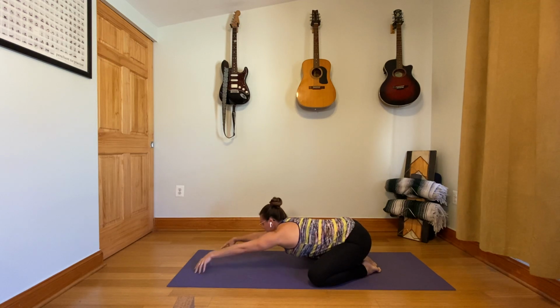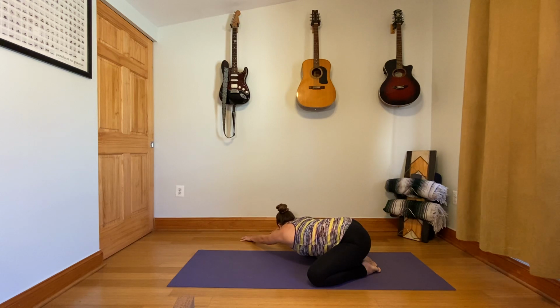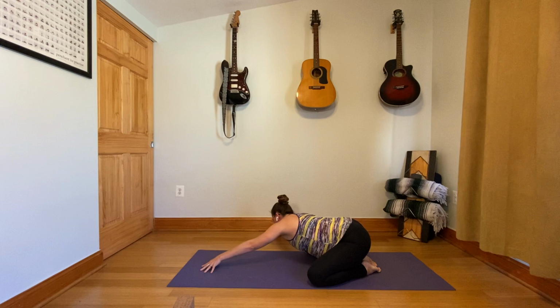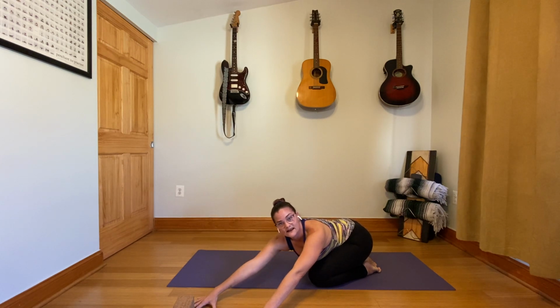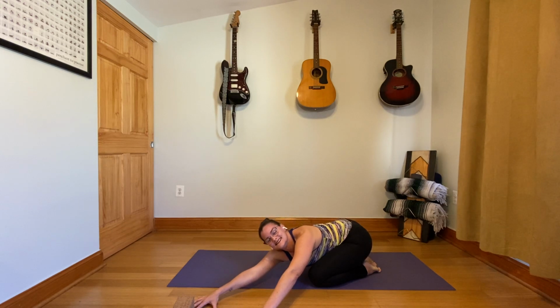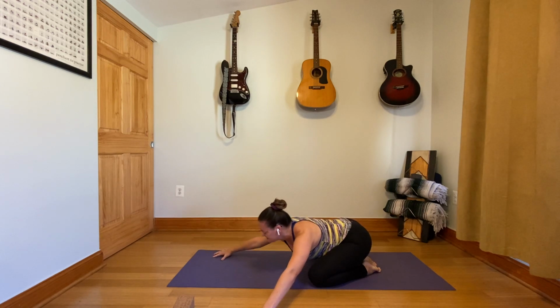And then walk your hands over to the right side. Walk, walk, walk. Enjoy a really full stretch from left fingertips back to the left hip. Okay, walk the hands across the middle and on over to the second side. And then I come back into the center,